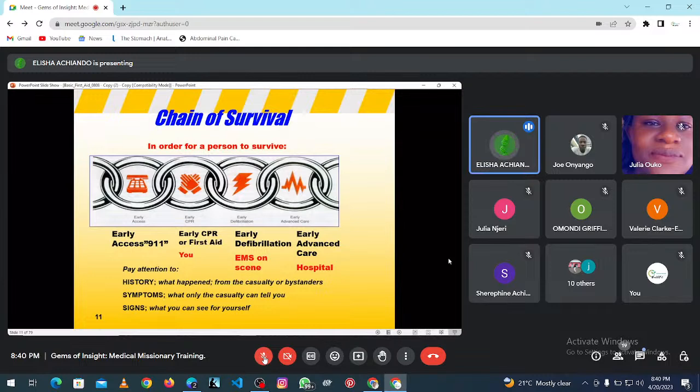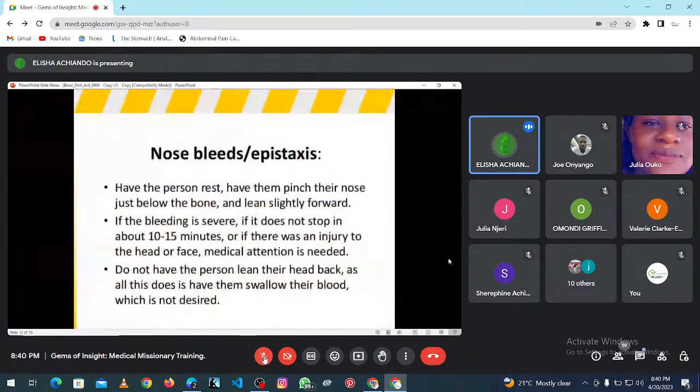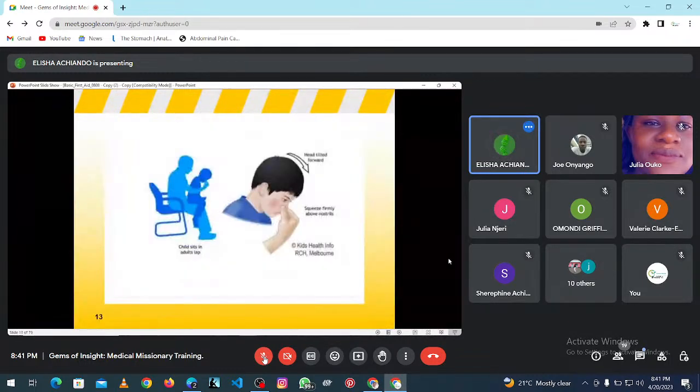We've been talking about the respiratory system, so I want to talk about a condition we had talked about: nose bleeding, also called epistaxis. I said when someone is nose bleeding, this is the position that you put them in, with the head tilted down to prevent the flow back of blood. This is a type of injury, and we elaborately talked about it when we were handling the cardiovascular system.